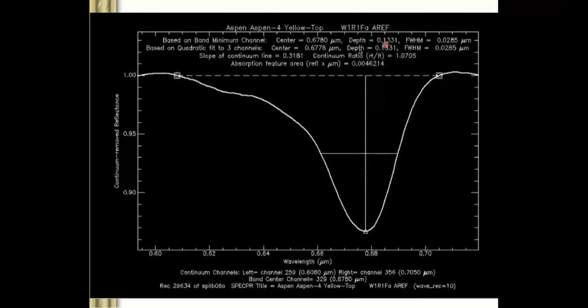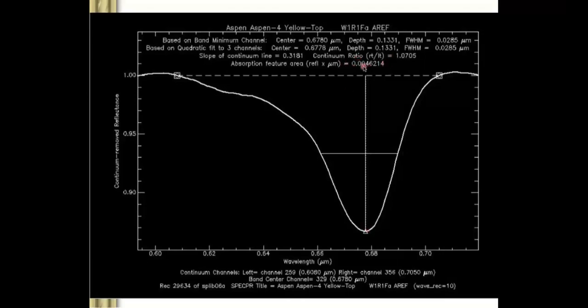So you can identify the band, you can identify the width over here, what is the slope, what is the value of the absorption feature, and what is the area of this absorption feature. Once you have all the information, you can match it with your satellite image and data sets. So you will get a much better result and improve your accuracy.